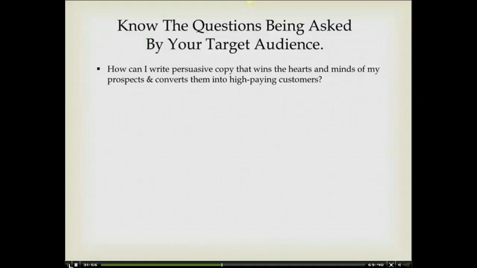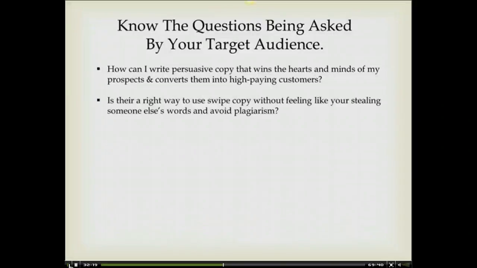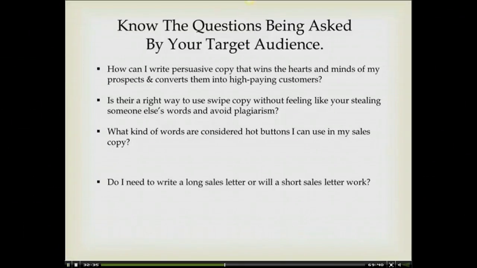And then on the next slide, I'm going to show you the sales copy that you could possibly write to start answering these questions. First question I found was, how can I write persuasive copy that wins the hearts and minds of my prospects and converts them into high-paying customers? When I read this one, I was like, well, this person seems to know a little bit about copy already. They're pretty decent with words. Is there a right way to use swipe copy without feeling like you're stealing someone else's words and avoid plagiarism? What kind of words are considered hot buttons I can use in my sales copy? Now, these are actual questions that I found people asking. Do I need to